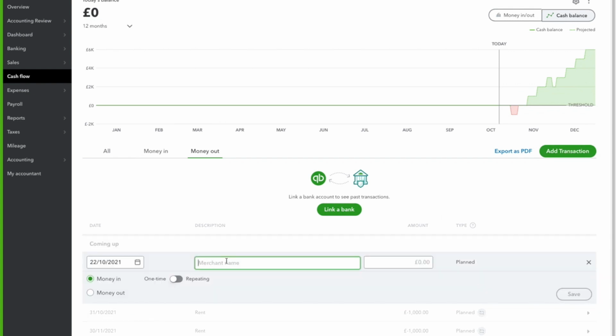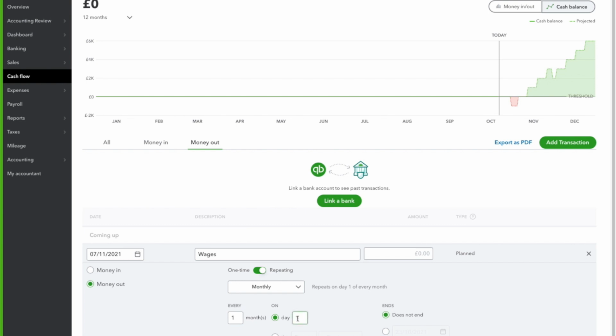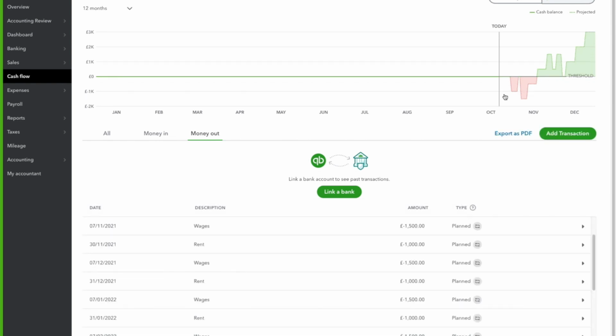So for example, we've got wages. We'll say they come out on the 7th of the month. Repeating is money out, so we've got to make sure we always change it from money in to money out. If it's repeating or if it's a one-off, so it's repeating. We've said it's on the 7th. It doesn't end, and we're going to say we pay £1,500 in wages. So now we're getting a few more lines,